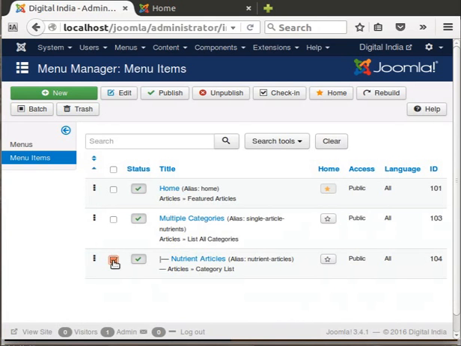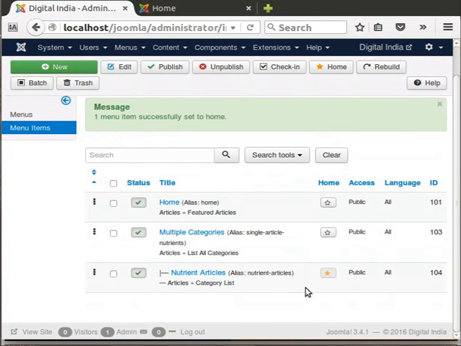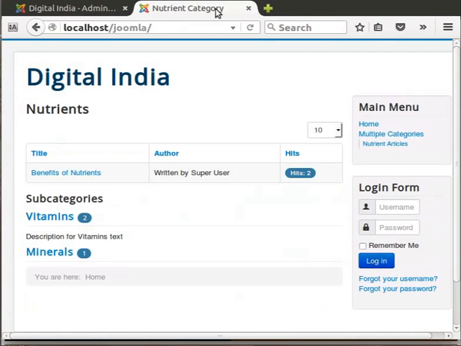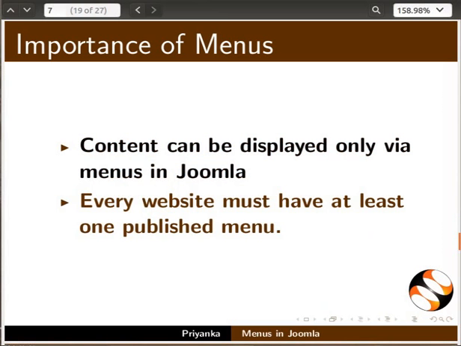Click on the checkbox to the left of the title and click on Home button in the toolbar. Notice that the yellow star now appears next to this submenu. Switch to the Digital India web page and refresh it. Notice that the home page has changed. Menus are important in Joomla because content can be displayed only via menus, and every website must have at least